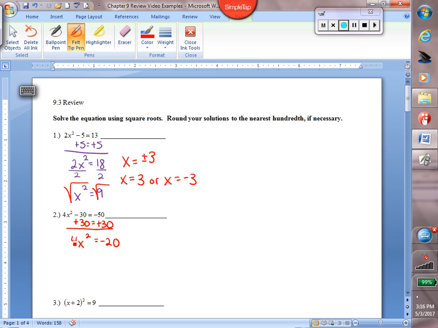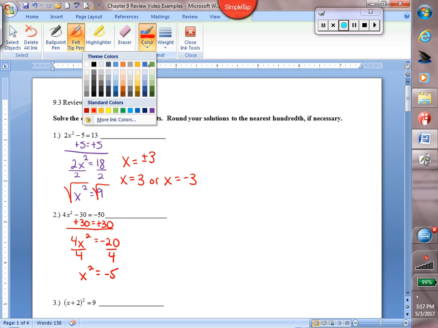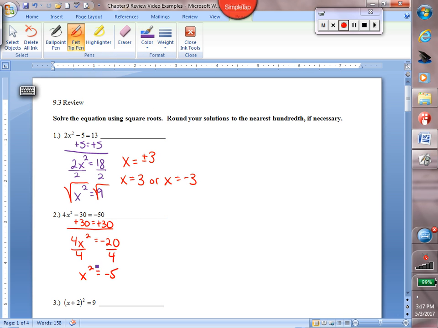Next step, we need to move the 4. So to undo multiplying by 4, we divide by 4. So now x squared equals negative 5. I have the x squared by itself, so now to undo that squared, I can take the square root of both sides. So now I end up with x equals the square root of negative 5, though,